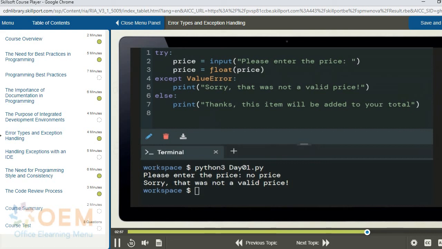Now, if for some reason the user did not enter a number, then line number 3 will not execute. However, instead of causing a runtime error in that case, what